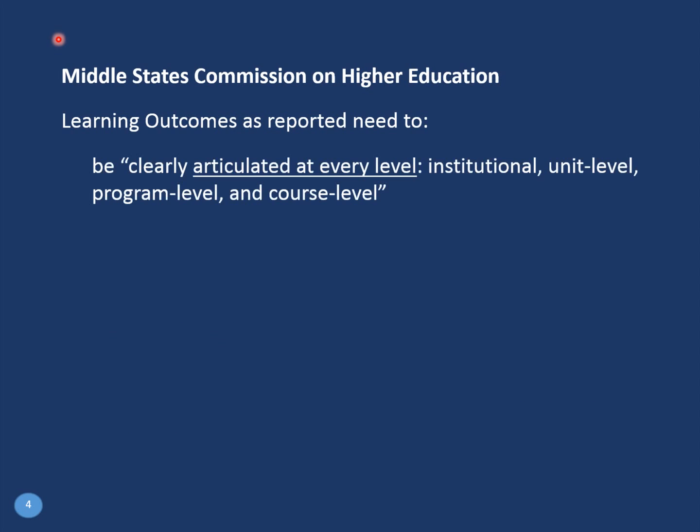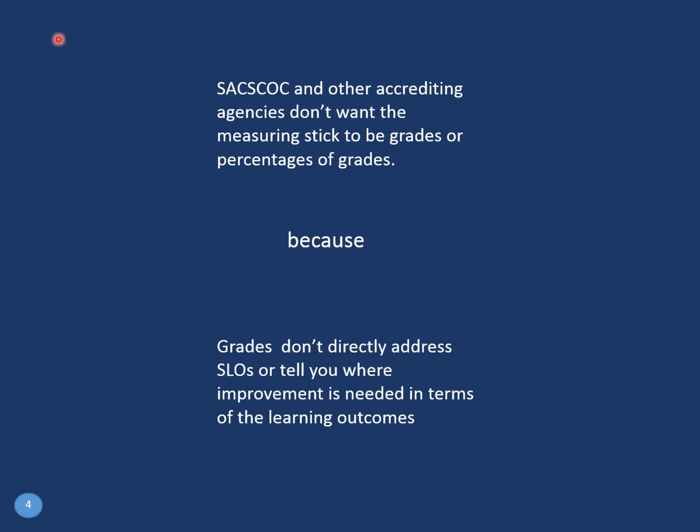Middle States. You probably have your own example. There are probably examples from disciplinary accrediting bodies, AACSB, NCATE, etc. Similar things, that kind of language we're starting to see, both in policy and practice. So, where we're working from is that we don't want, they don't want, and we don't want the measuring stick